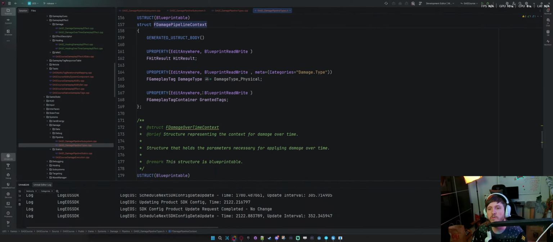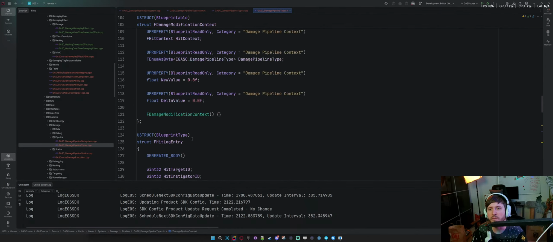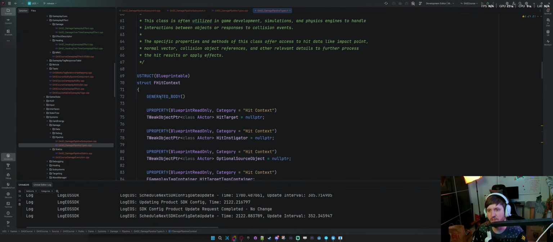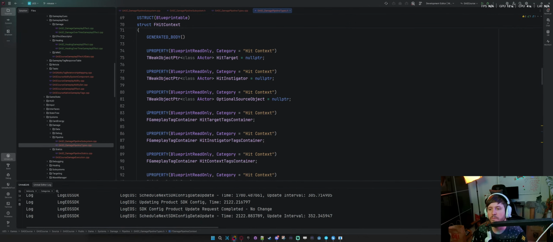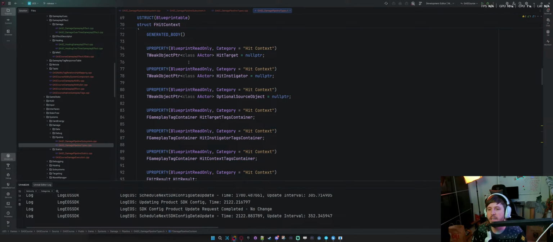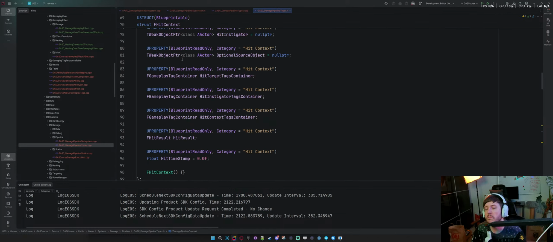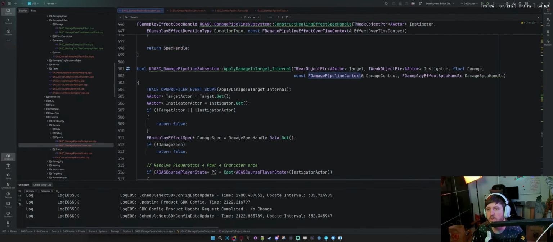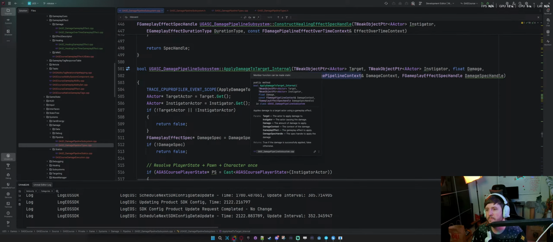Because what are we trying to pull in? We're trying to pull in the whole F hit context, which is a bunch of stuff, which I mean, maybe we actually do want. I'm just curious how we get that from both the internal and all that stuff.